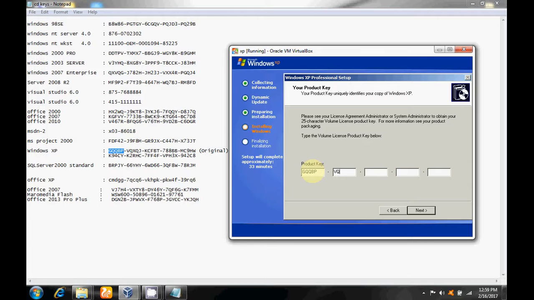This will take approximately 27 minutes, so we can pause the video again. Welcome back. Setup will be completed in approximately 3 minutes. Now it is saving your settings.